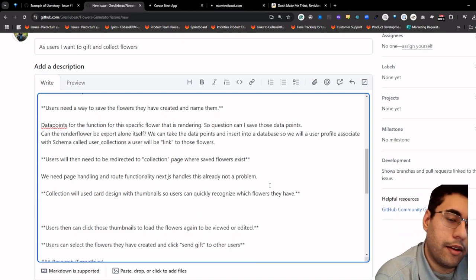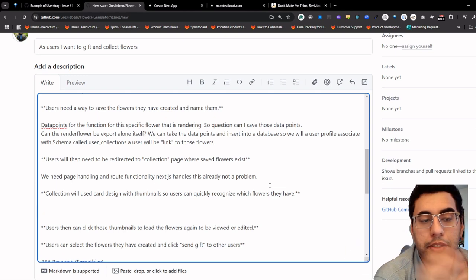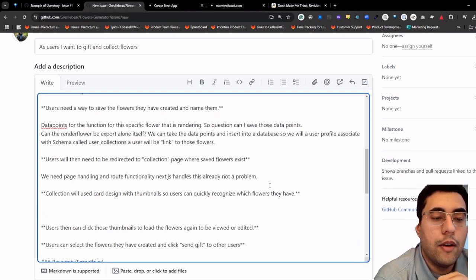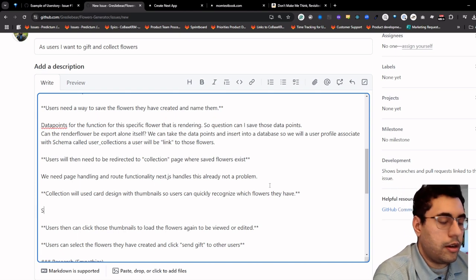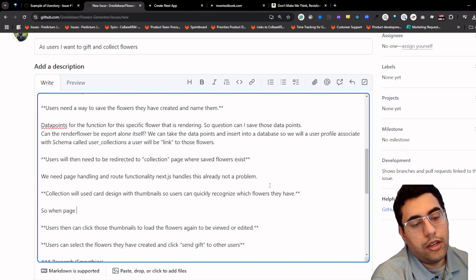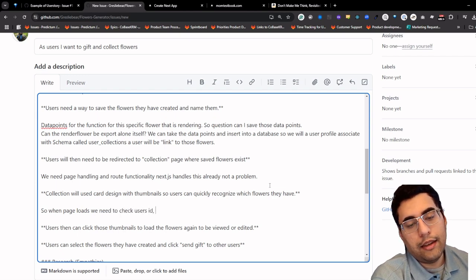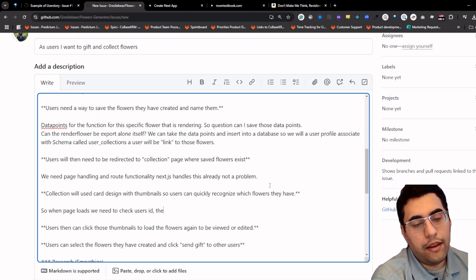That's what I think. I'm like, all right, we already have Next.js. It handles pages and routing. I don't have to worry about that. What I do have to worry about is when the page loads, right? So when the page loads, we need to check the user ID. What user are we loading? And then load all the flowers